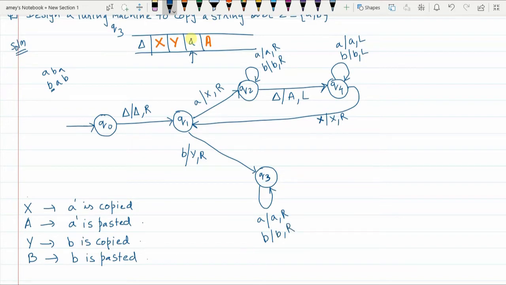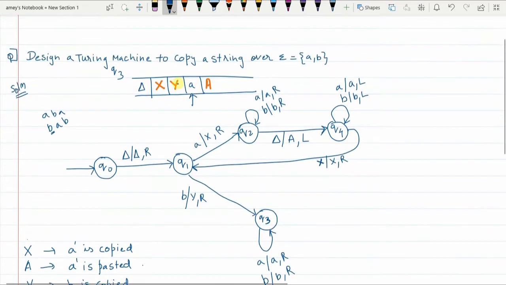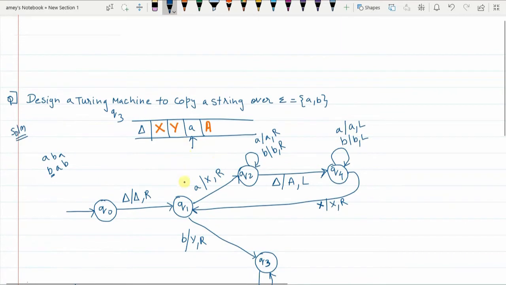Now since this is the second iteration, you will see that this part will be symmetric to the first part. Whatever I did for that part, exactly the same thing we are going to do for this part. When the first element was copied, while going to the right and ignoring elements till the end of the string, you would not have found any capital A's or capital B's on the way.